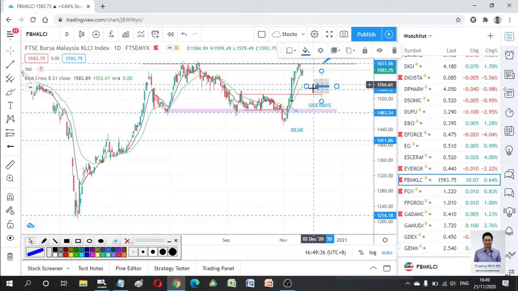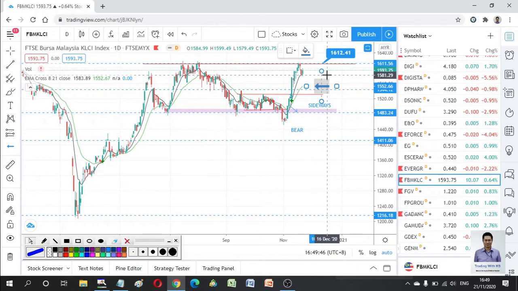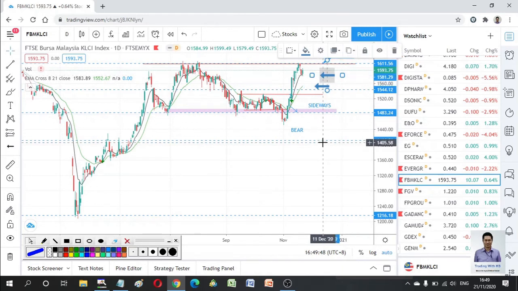Okay, if the price comes around here, there's a possibility the index could come up. There's also a minor support over here, so you have to check whether it can bounce up from here. If it can bounce up from here, then it is a very positive sign that the price might come out and break the previous high. If it cannot, likely it will come back to this 1550 area to bounce up. If it drops below 1550, then maybe a range bound market.